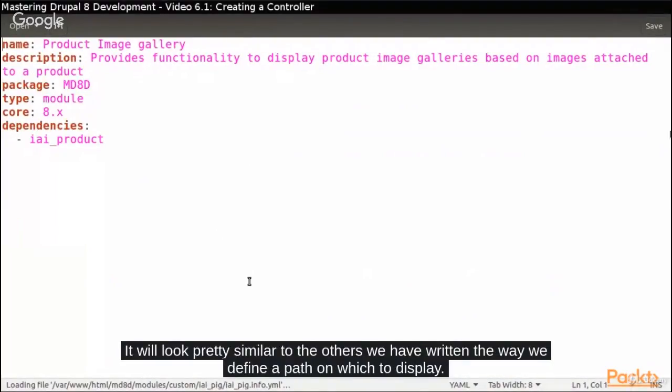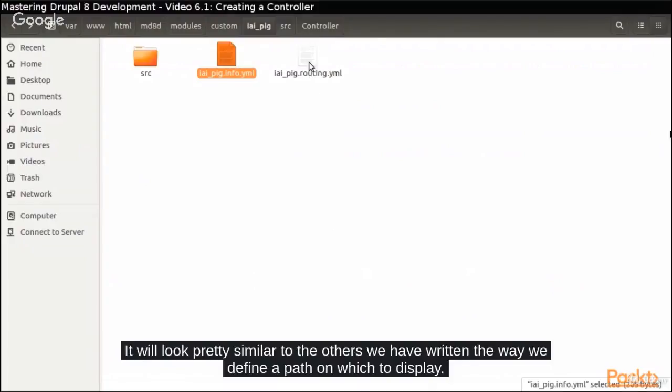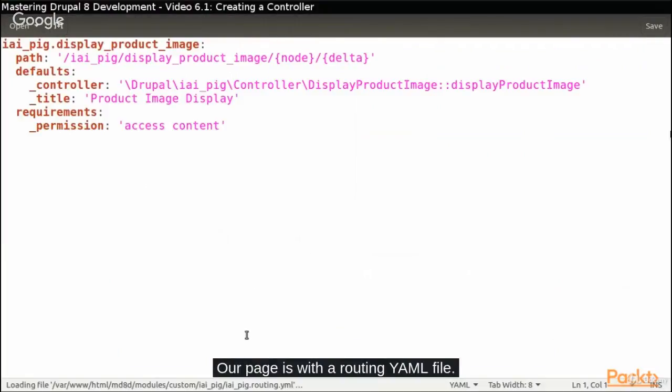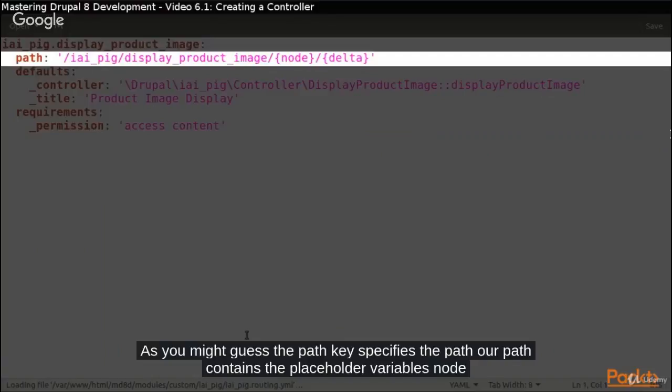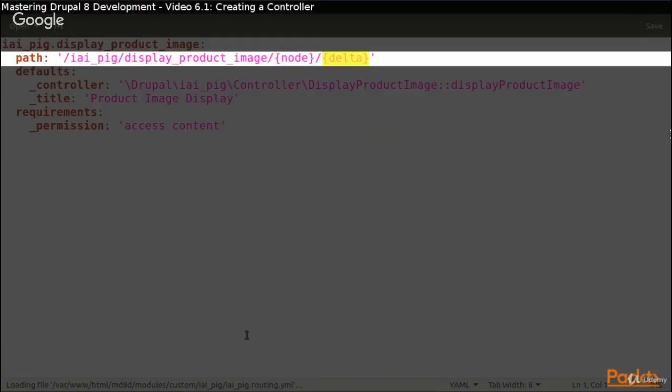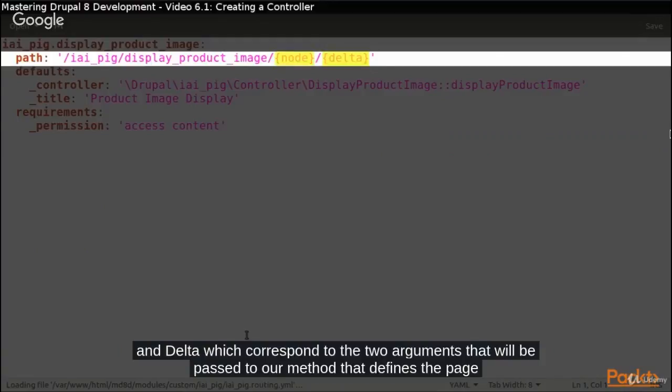Similar to the others we have written. The way we define a path on which to display our page is with a routing YAML file. The first line specifies our route name. As you might guess, the path key specifies the path. Our path contains the placeholder variables node and delta, which correspond to the two arguments that will be passed to